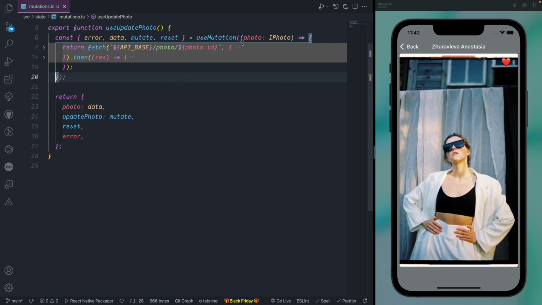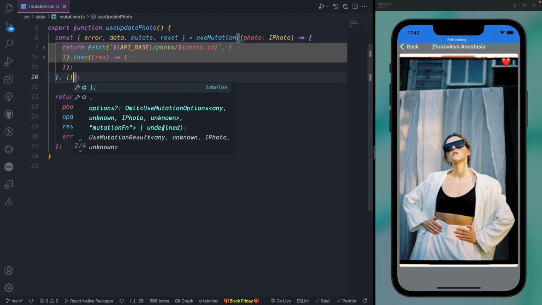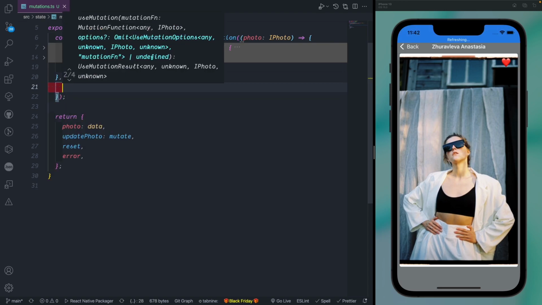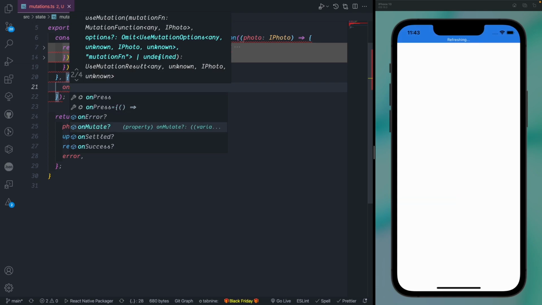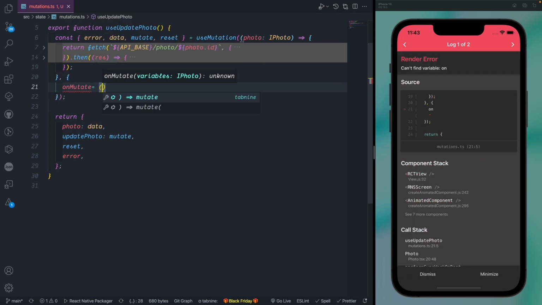First of all, you can send in options to use a mutation as a second parameter, and that will be an object. So you can send in options like this, and then you will have a couple of properties that you can extract, and they are mostly callbacks. First of all, when you say onMutate, that onMutate will run